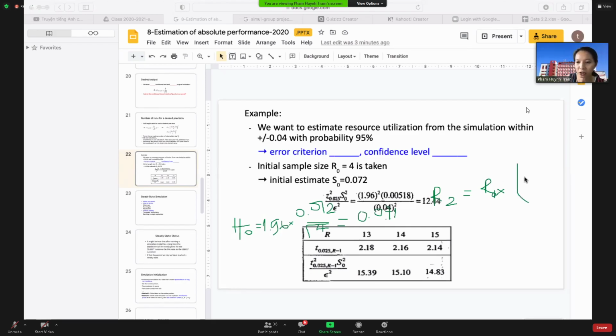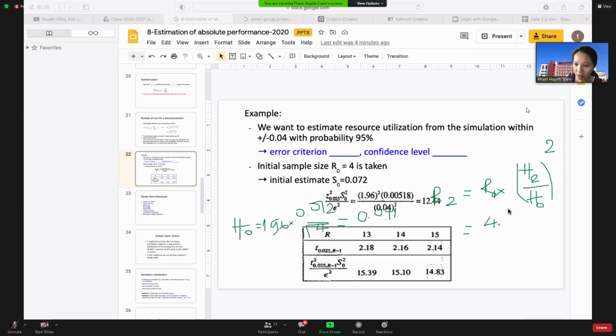And take the ratio of H1, or okay, let's say H2 divided by H0 and square. Okay, so in this case, we would have the first replication is 4